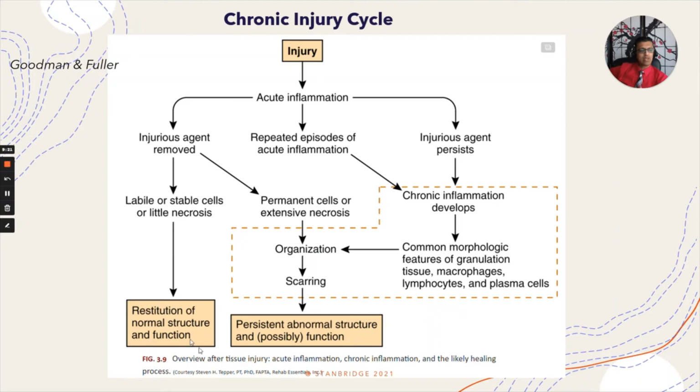So this is a great little diagram that shows what your patients will go through, whether it's rotator cuff injury, low back pain, knee pain, or Achilles tendonitis. A lot of times, think about tendonitis. Itis is acute inflammation, but usually by the time the PT sees them, it becomes osis, which is chronic inflammation. So in order to get rid of some of that chronic inflammation, if you have common morphological features,